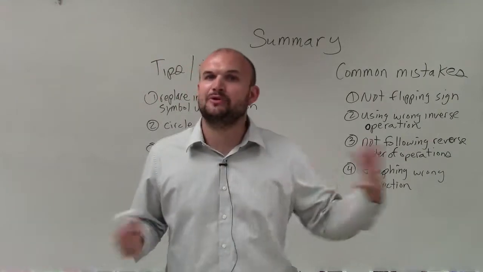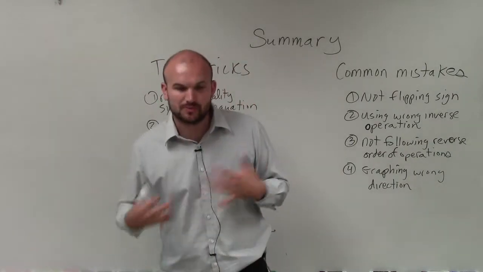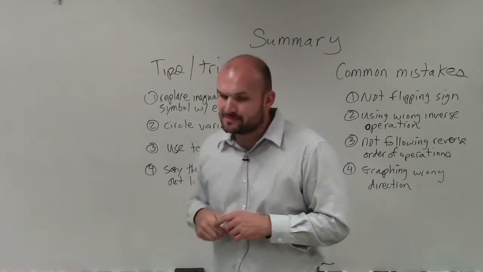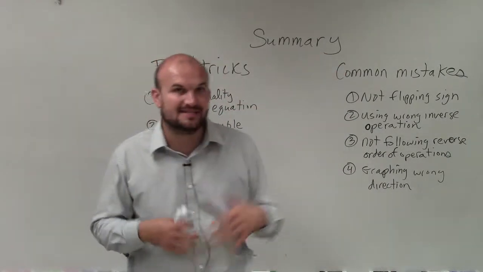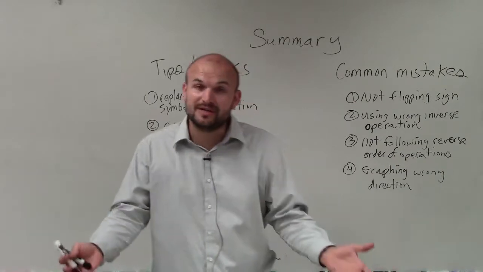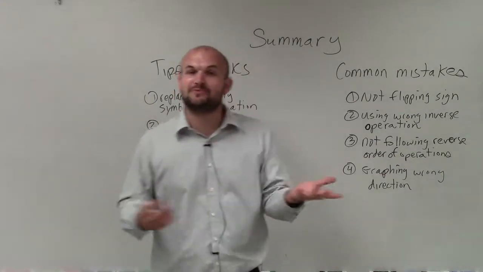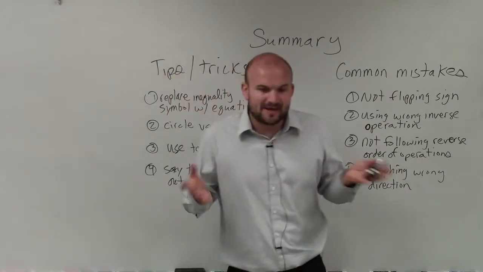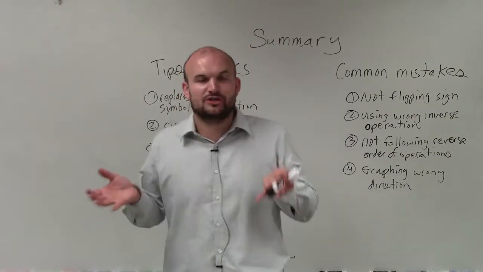I'd like to do a quick summary of the process that we use when solving one variable inequalities, and also highlight some tips and tricks, as well as go over some common mistakes that I see with my students, as well as myself sometimes when I was learning solving and graphing one variable inequalities. So basically, when we're solving one variable inequalities, we're going to treat it just like an